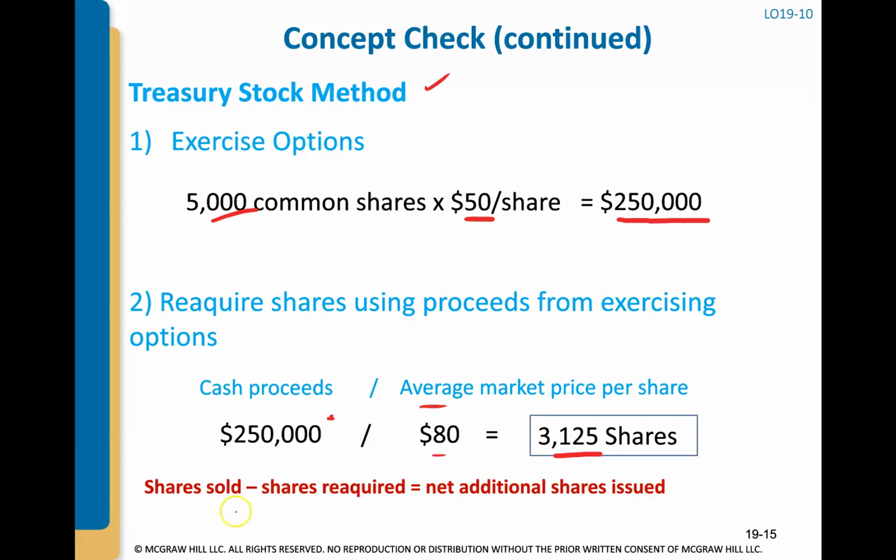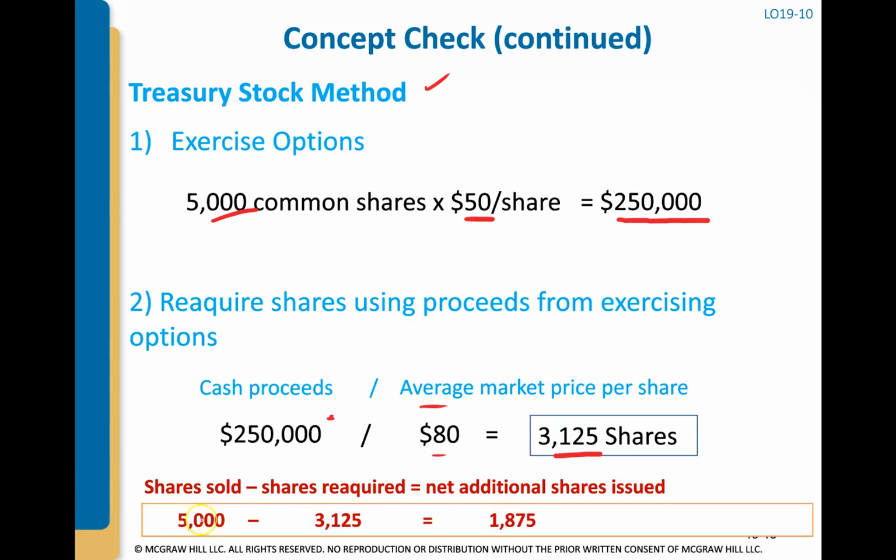So for us, the incremental increase is going to be the number of shares that we actually sold, right? Or that we assume was sold was 5,000, but then we bought back, we reacquired 3,125. So the incremental increase in the denominator is going to be